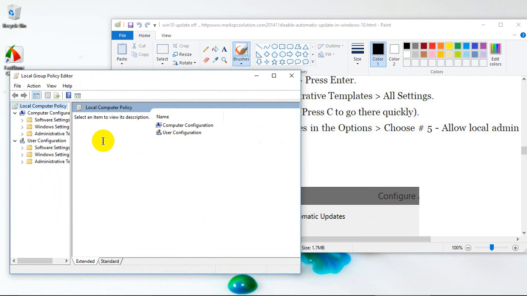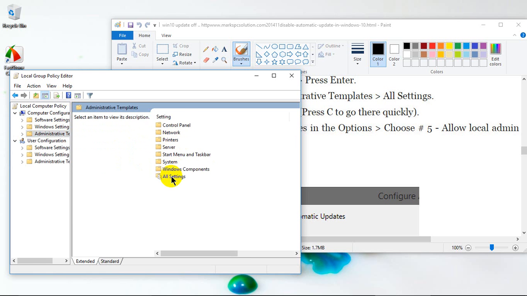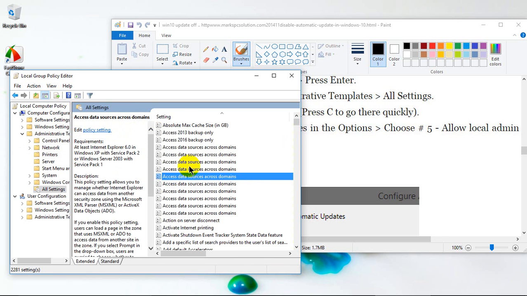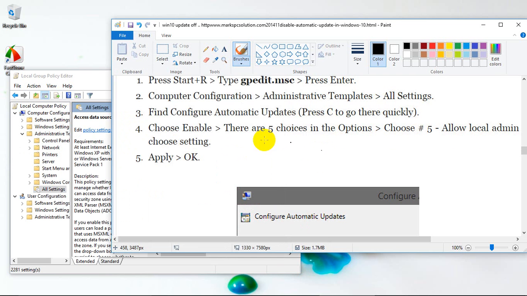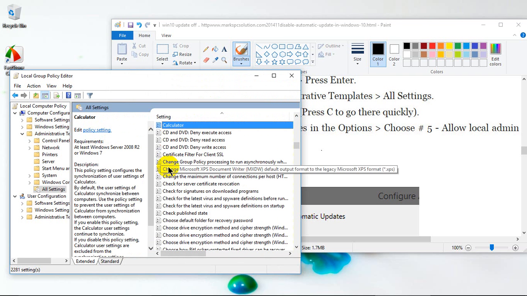In this dialog box, at first we click this option, computer configuration, then we go to computer configuration, double click administrative templates, all settings, and now we find configure automatic updates, and the easy way is press C from keyboard, then